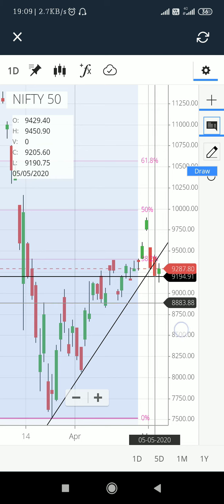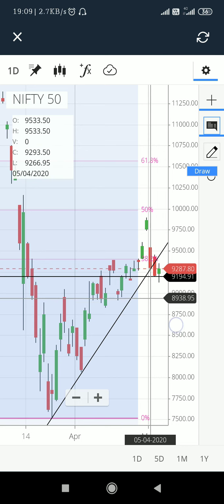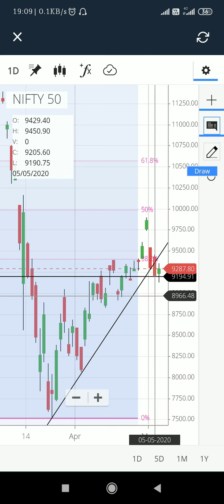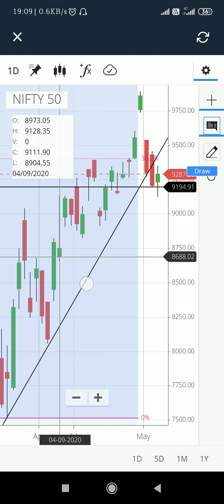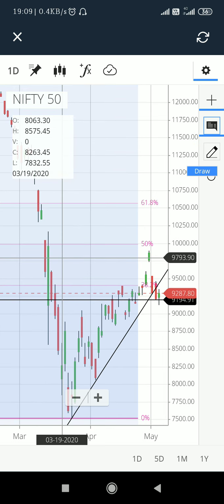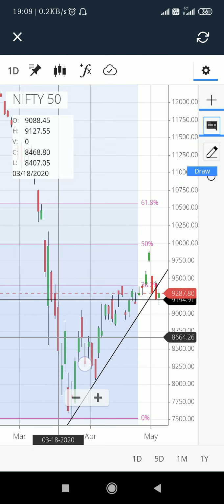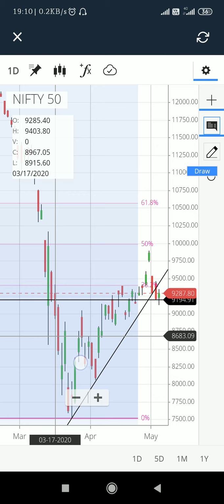So why did Nifty 50 reverse from this particular level, and why was I expecting a level of 9050, and why didn't it go to that level? Firstly, this level is not random. If I bring my cursor to this particular point, you can see the low of this candlestick, the high of these two candlesticks, and also the high of this candlestick, that is 9127. So this was a pure reversal zone, and that was the reason a very good reversal was possible today. We saw a very good reversal in both Nifty 50 and Bank Nifty from the 9200 or 9300 levels.